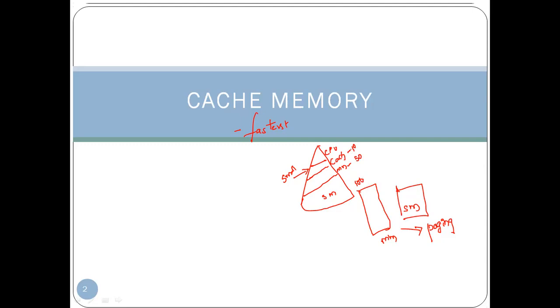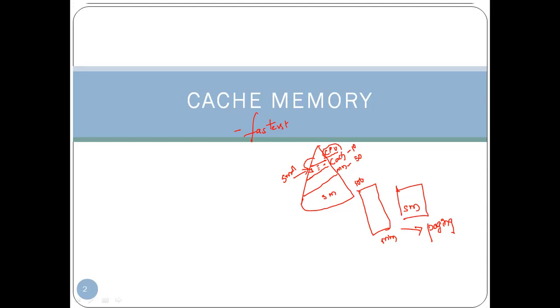That is the main reason why we say the cache is the fastest memory. If the CPU wants to fetch an instruction, what is nearest to the CPU? The cache. First, it will check whether the instruction required by the CPU is present in the cache. If the instruction is present there, the CPU takes that instruction and executes it. Suppose the instruction was not there in the cache, because as I have already said, the cache memory is very small, so we can't accommodate all the instructions in it.